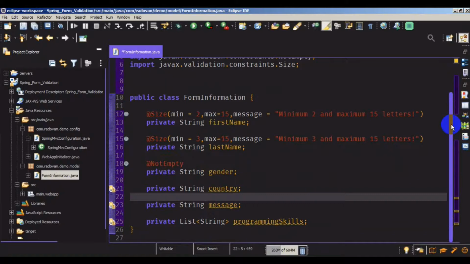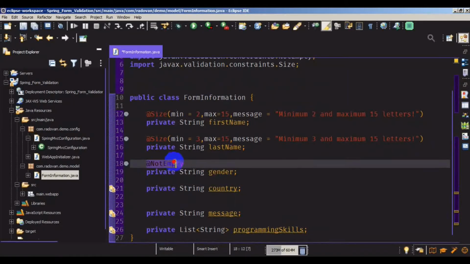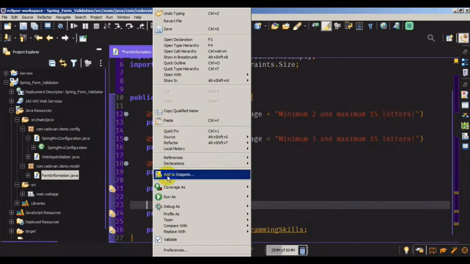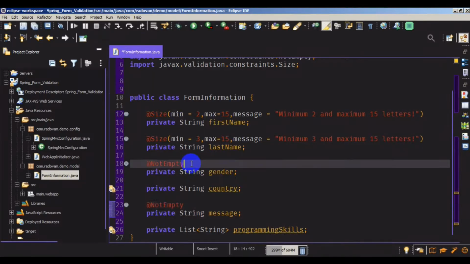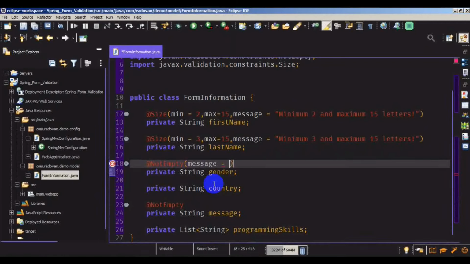Okay, for the country we are not going to use that, and also we can use the same annotation for the message, but I forgot to add some messages inside. Not empty doesn't have one. The point of not empty is that we cannot leave an empty field. And we can write only: gender is required,